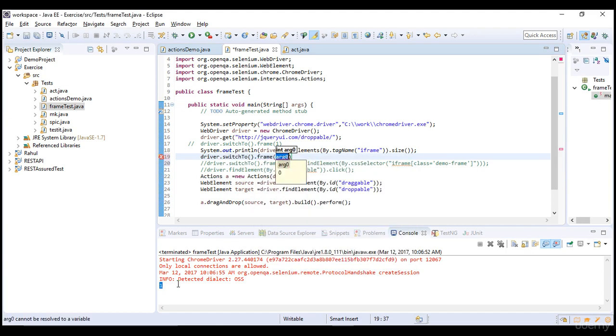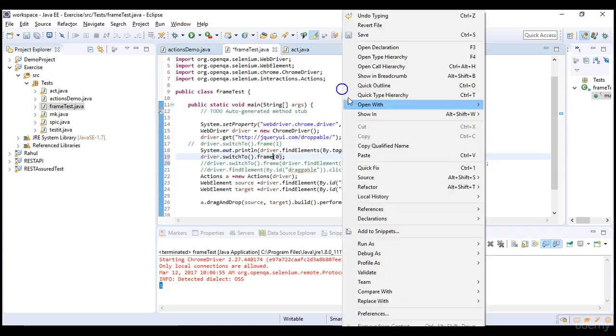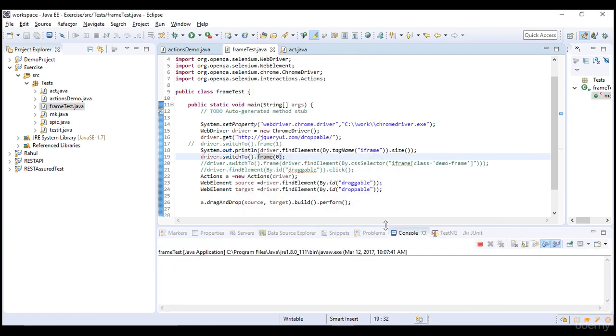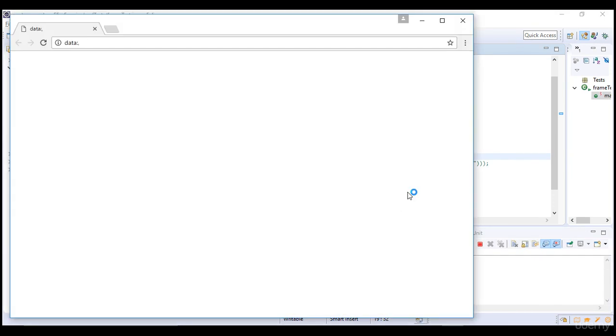As there is only one frame, if I want to switch to that, it will be at the 0th index. As I said, at the 0th index the first frame will come, just like array indexes. Now you see that this script will pass because I have switched to the same frame but with an index. The script still runs successfully, and this is how you can also switch to the frame with the help of an index.